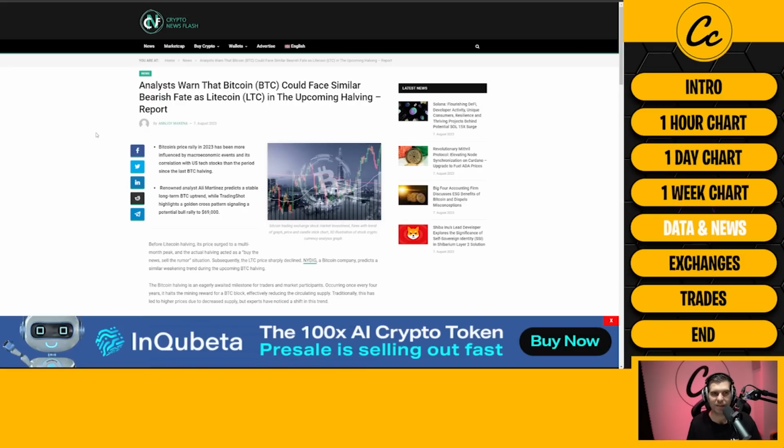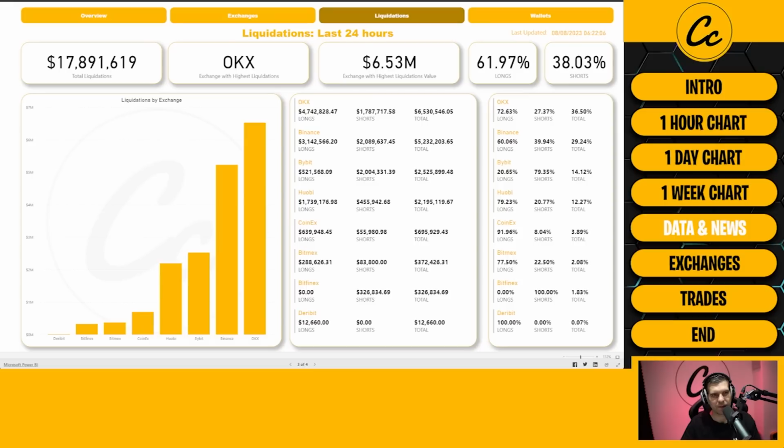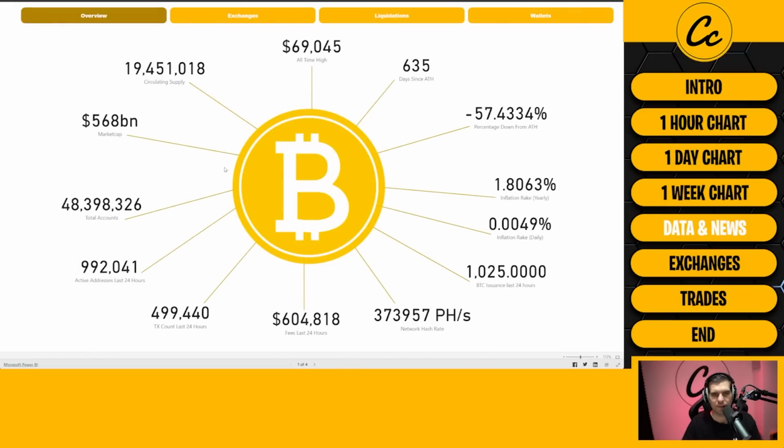We have to consider, and I'll go back to our data for this because it's another reason that we have the overview here. In this overview for Bitcoin, we can see the issuance, right? The inflation rate. Okay, how much Bitcoin is actually being produced, new Bitcoin mined in a single day, right? And it's 1,025 at the moment. So that would be halved, right? So it's hovering around 900 to 1,000 Bitcoin a day. That will be halved. Is that meaningful? Yes, it's quite meaningful, but is it really going to be that impactful? Probably not, because there's